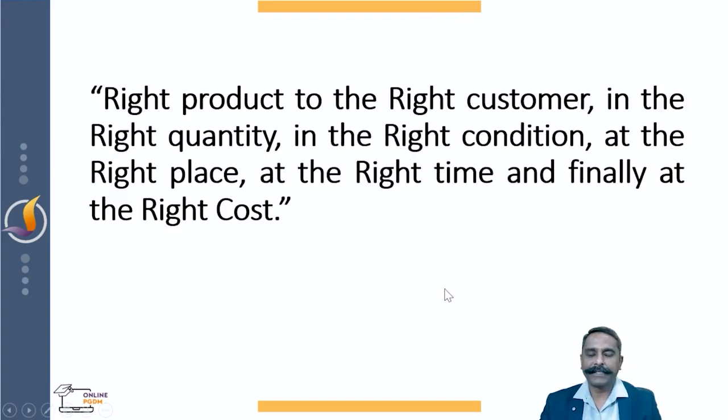In other words, it is said that the objective of distribution is to ensure the right product to the right customer in the right quantity, in the right condition, at the right place, at the right time, and finally at the right cost. So these seven rights are very difficult to achieve,